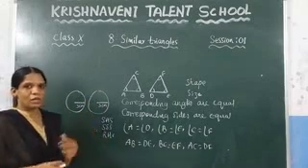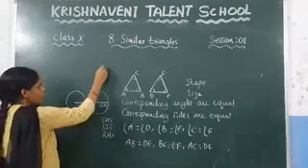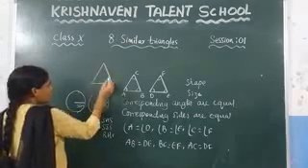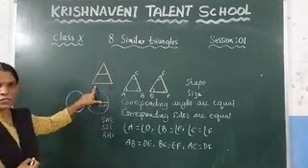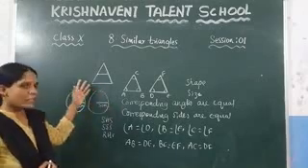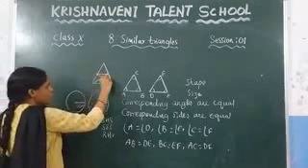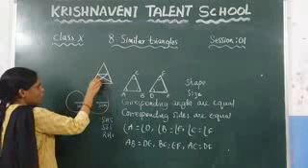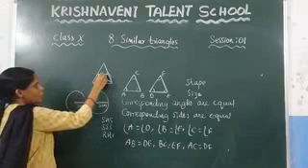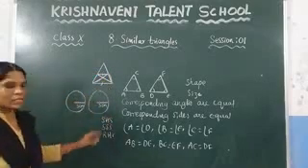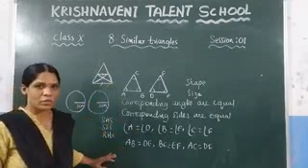Here we have already learned two more important theorems in your ninth class, which is the midpoint theorem. What it states is, if you take any triangle, the line segment joining the midpoints of two sides is always parallel to the third side, and it is half of it. So that theorem also we are going to use. And one more theorem we have proved: if two triangles, let us consider these two triangles here, lie on the same base and are parallel to the other side, then the areas of these two triangles are equal. These all theorems we are going to use now in this chapter.